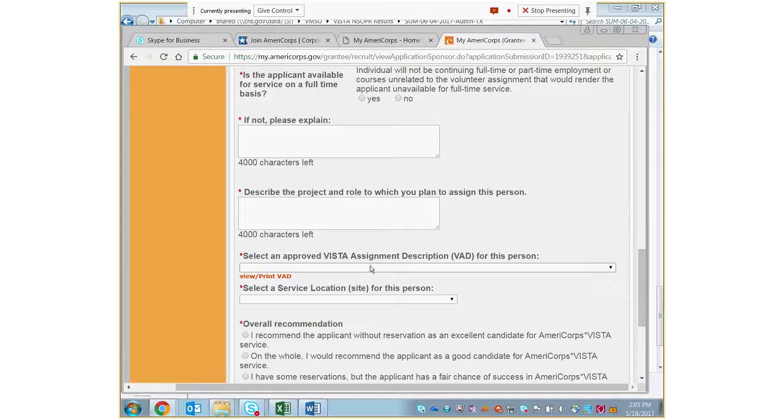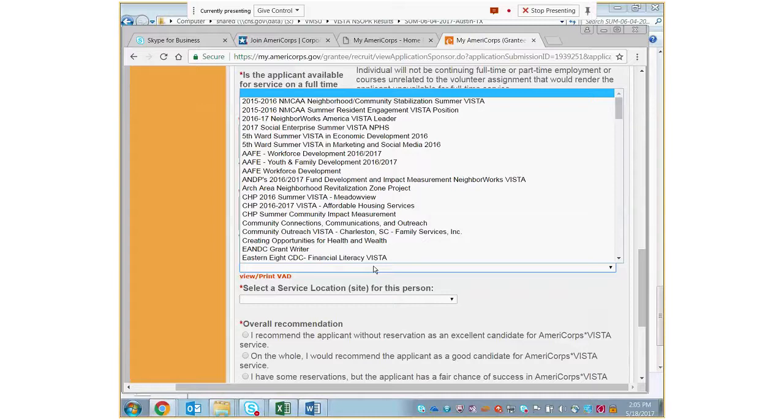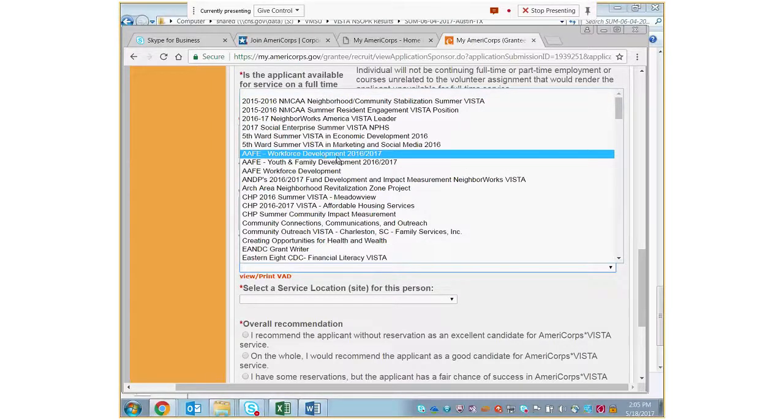Then you're going to be choosing your VISTA assignment description. And so as Debbie had mentioned before, what she asks you to use for the naming convention for your VISTA assignment description are the acronym for your agency and then the name of the VISTA assignment description, and then I added on, it's also helpful if you put the program year.